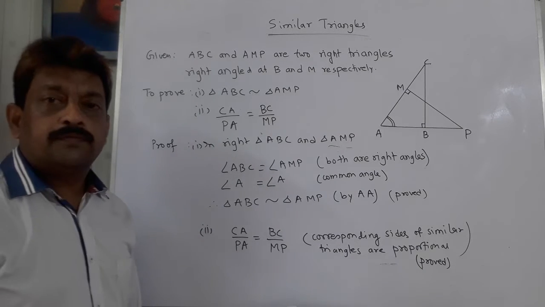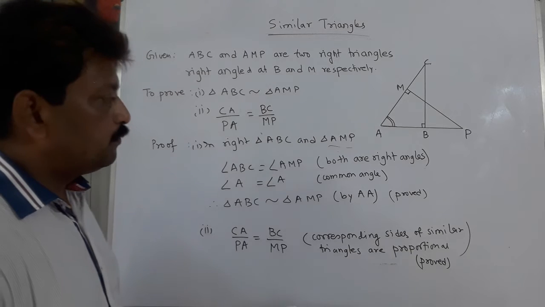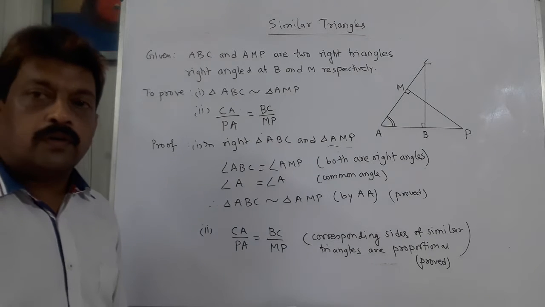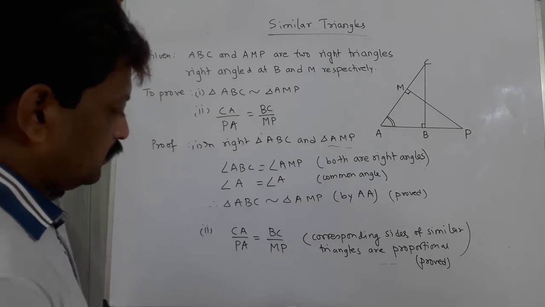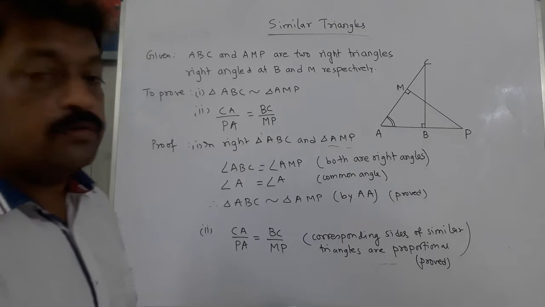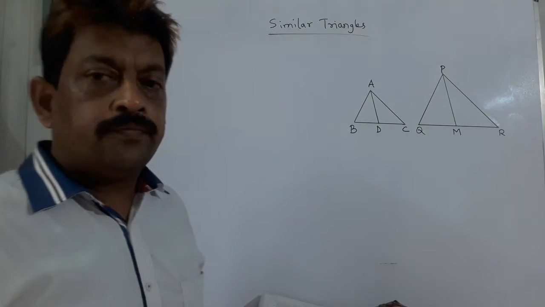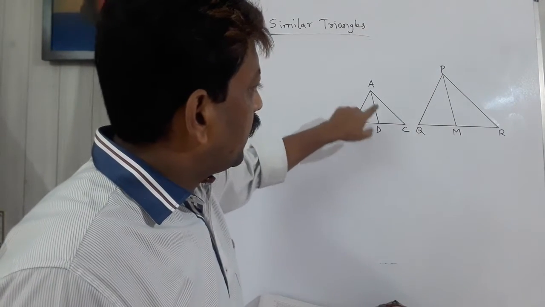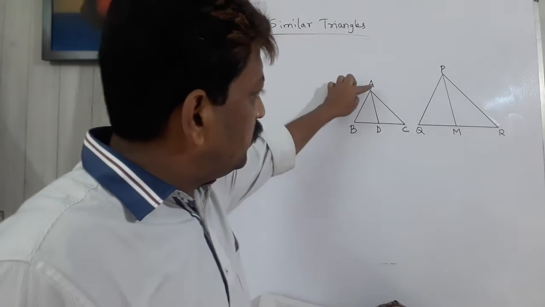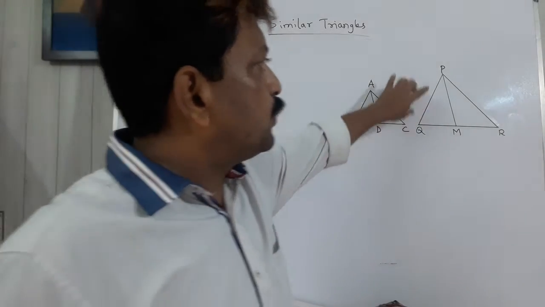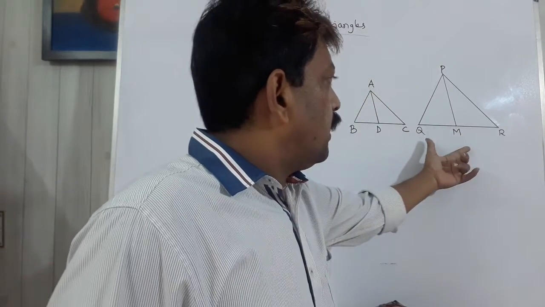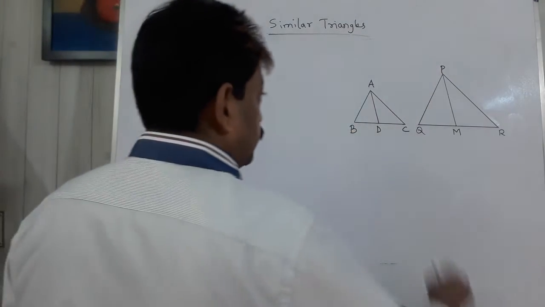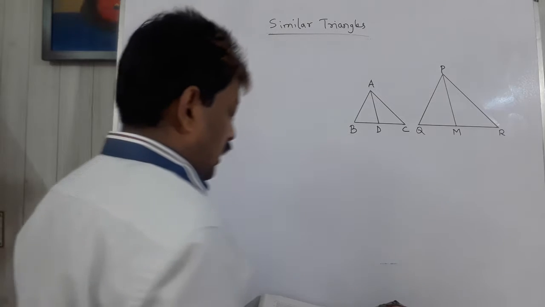Just go through the question and the solution, and hope you will easily understand how to do it. Okay, seen all of you? Very good. Next, I am going to one more very important question. So next question, here it is said that sides AB and BC and the median AD of triangle ABC are proportional to sides PQ and QR and median PM of triangle PQR. We have to prove that triangle ABC and triangle PQR are similar.